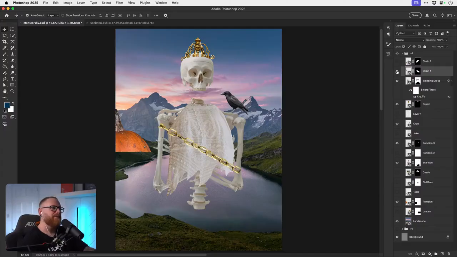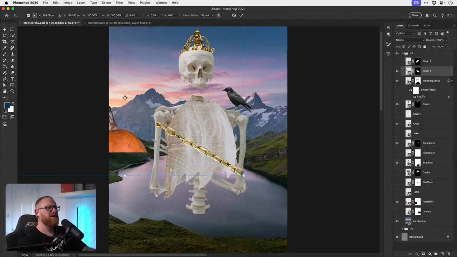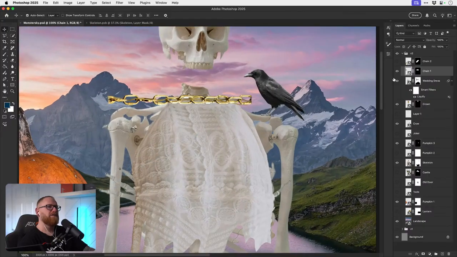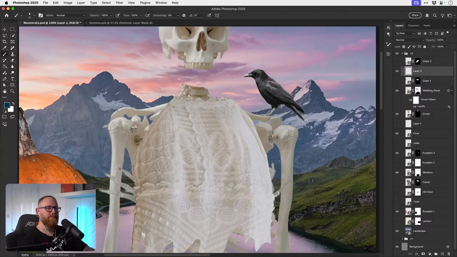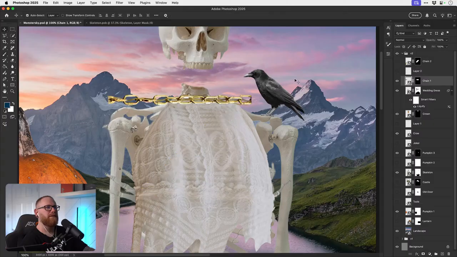Right, chains. Okay, we've got a dress. Let's think back to my non-existent knowledge of dresses. Where could we put a chain on a dress? Like, do you know what I mean? Like, round sort of here or something? Like around the neck? Yeah, like a necklace. Yeah, that could work.